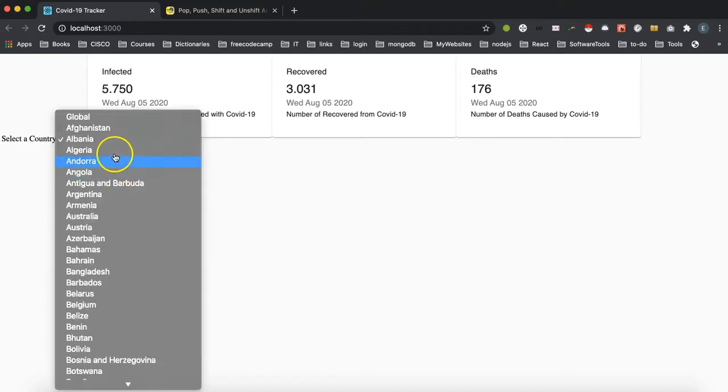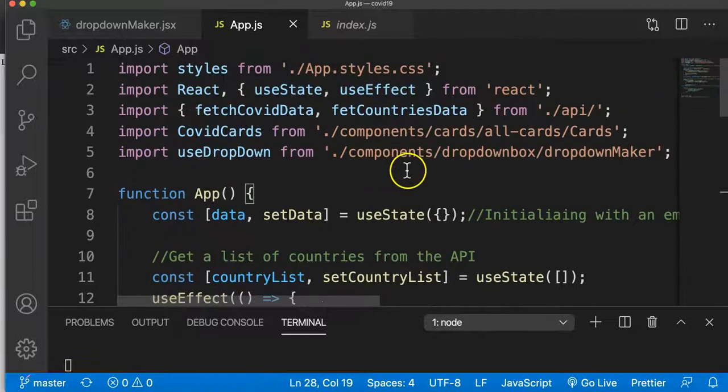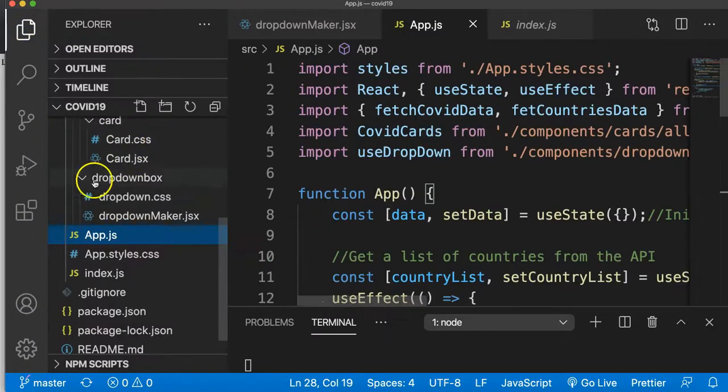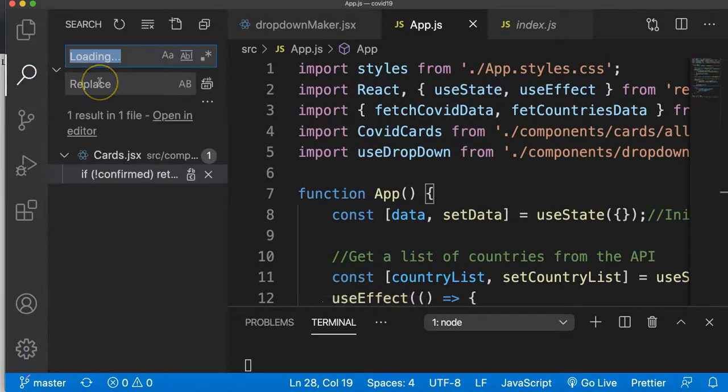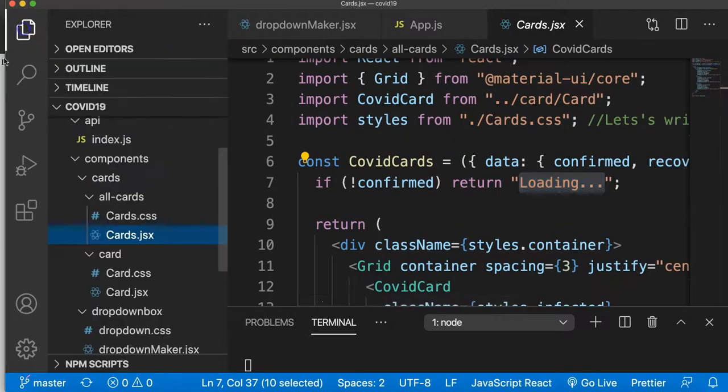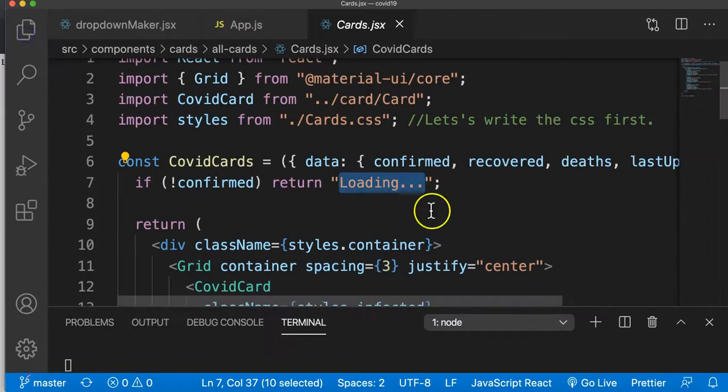If we select the global, we get this loading status and we don't get any data. And this is because if we search over here for loading, we can see here that in our file card.jsx over here,